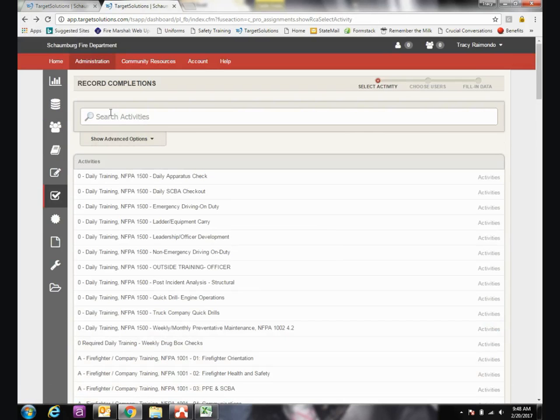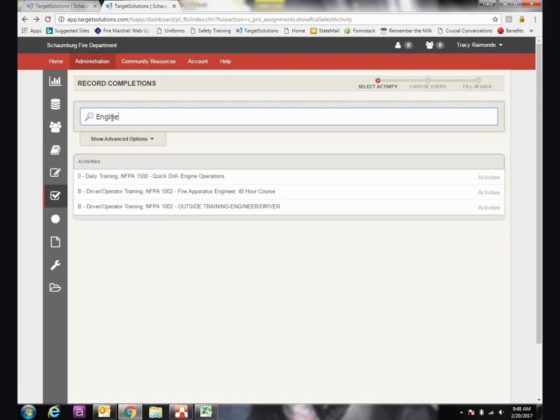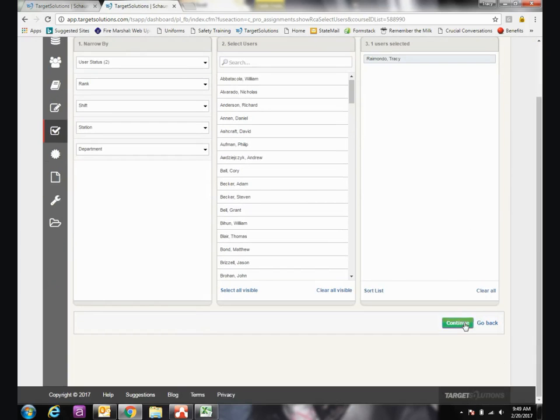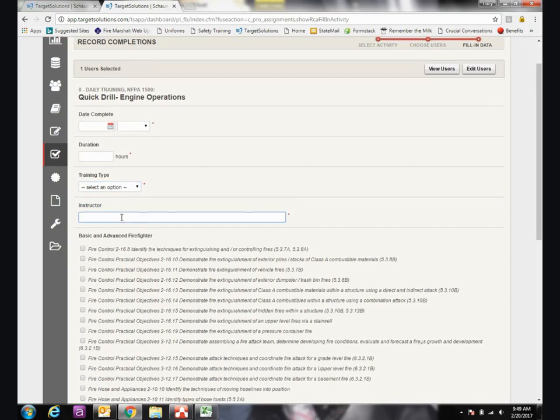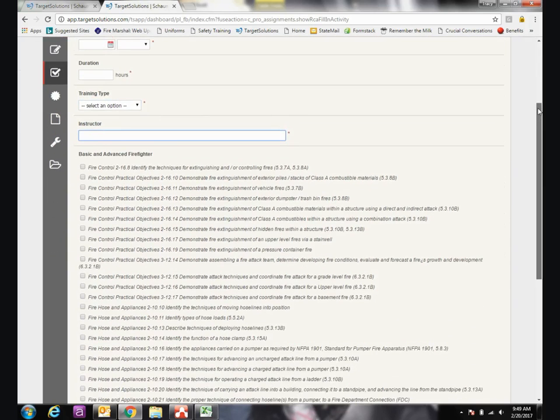So it was recommended that we make a quick drill for engine operations. So all you have to do in the record completions is type in engine or quick drill, and it's going to take you to this right here, daily training, quick drill, engine operations. If you click that and select your people, it's going to take you to this page. This page, all you have to do is document the date completed, how many hours, did you do a classroom presentation, hands-on skill, or a tabletop, who the instructor was, and then you have all of these options for what